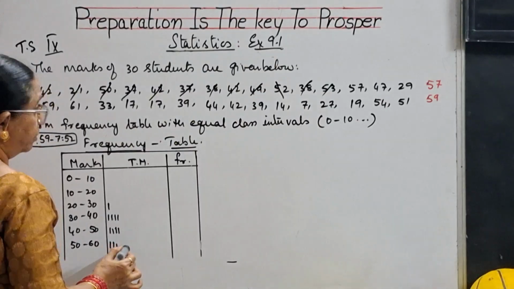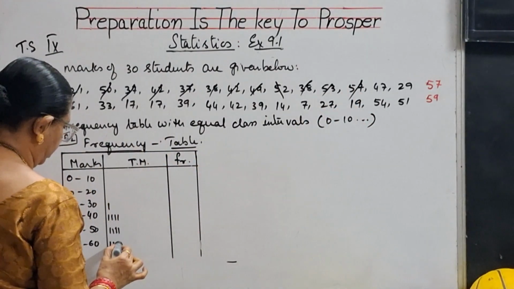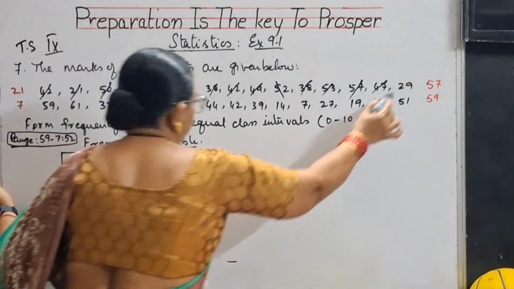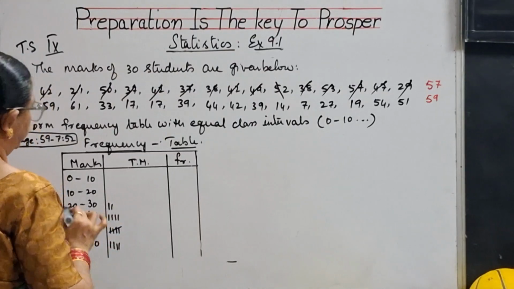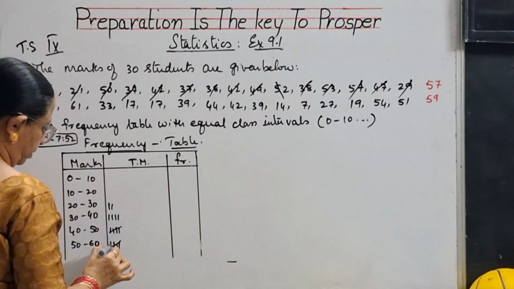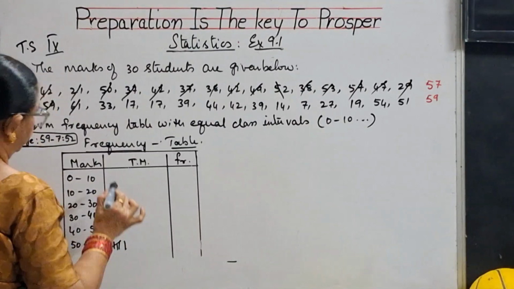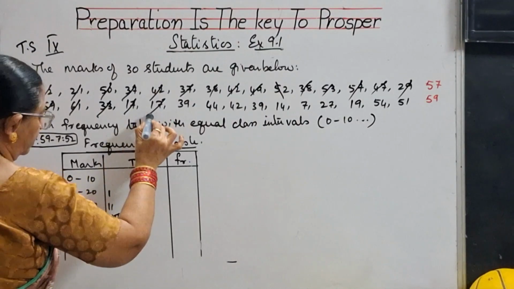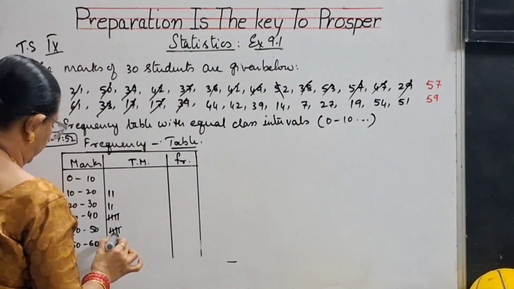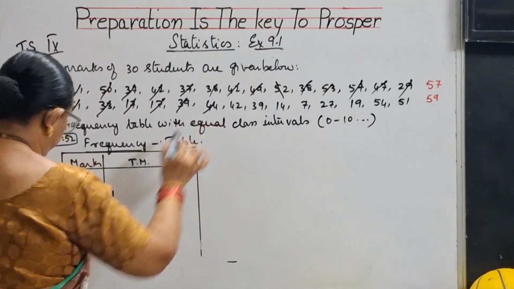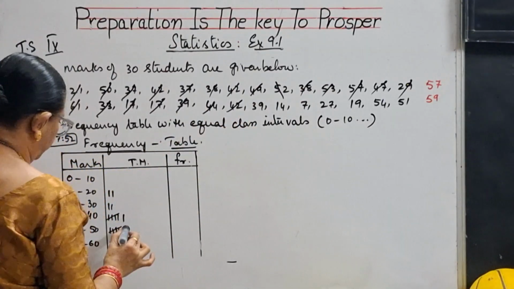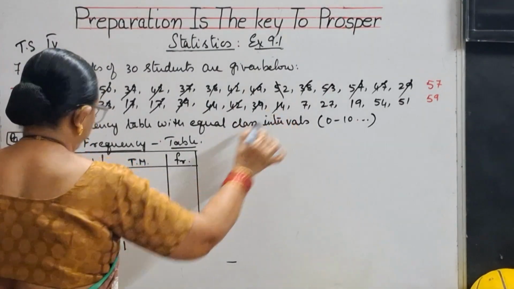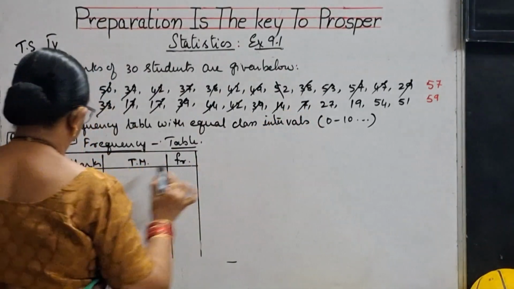53 will come here. 57 also comes here. 47 here. 29 will be here. 59 here. 61, 33, 17, again 17, 39. 39 will be here. 44, 42, 39, 39 here, 14 here, 7 here,